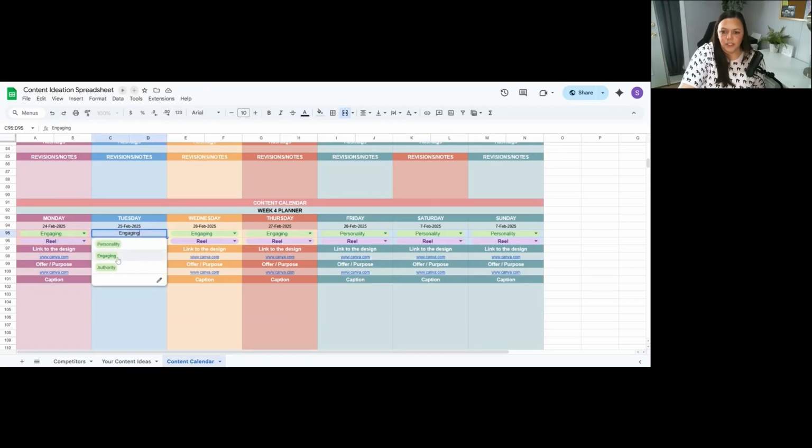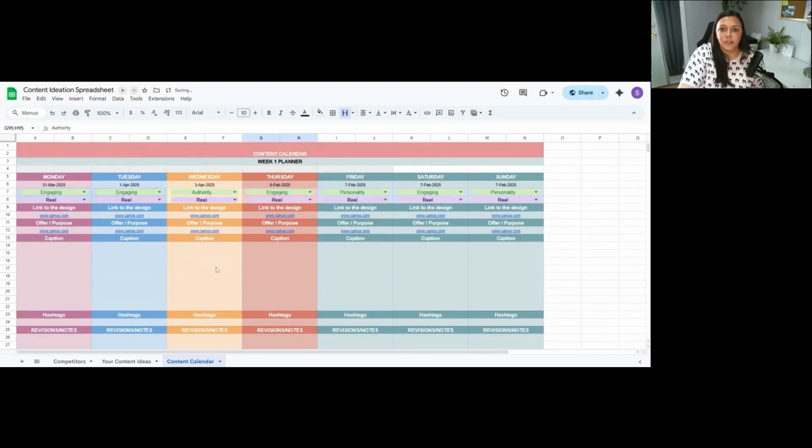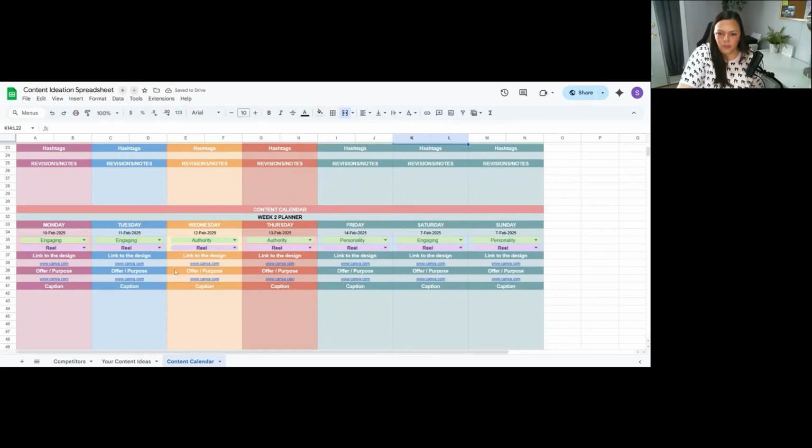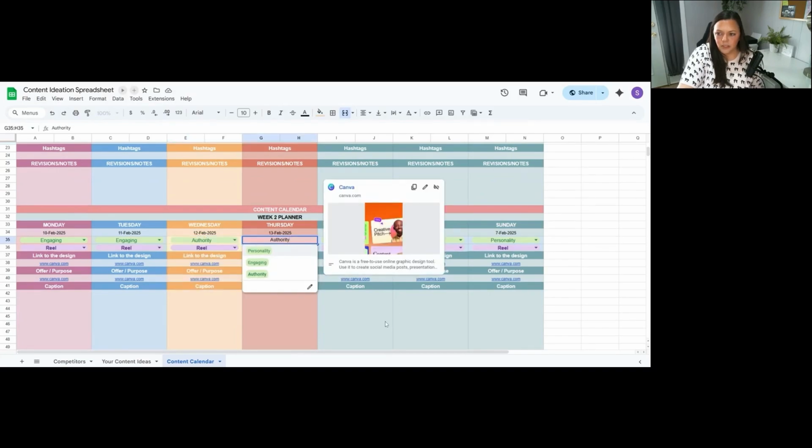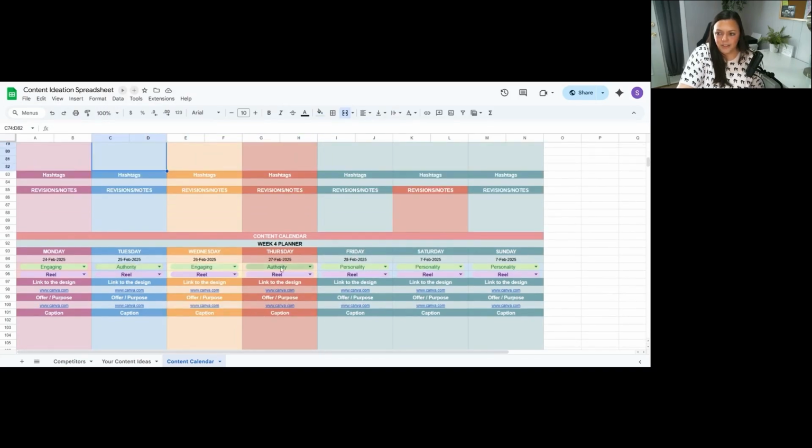This one we're gonna have to change because we've got a few too many. Okay, so now we've got 11, 12, and then we're going to change this one as well. And now we're going to go through and make sure that we have 12 authority posts. So again, 1, 2, 3, 4, 5, 6. So we need a lot more here, right?